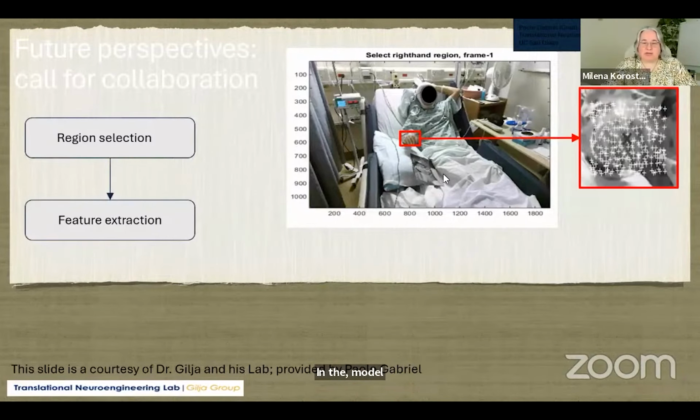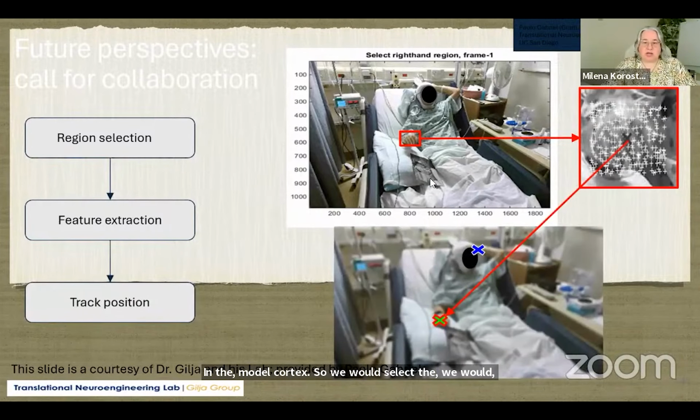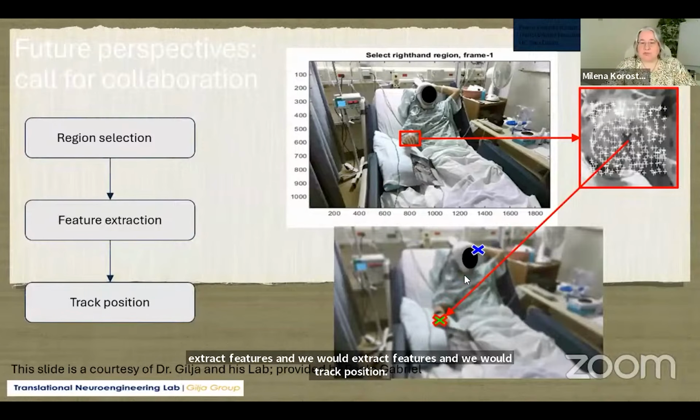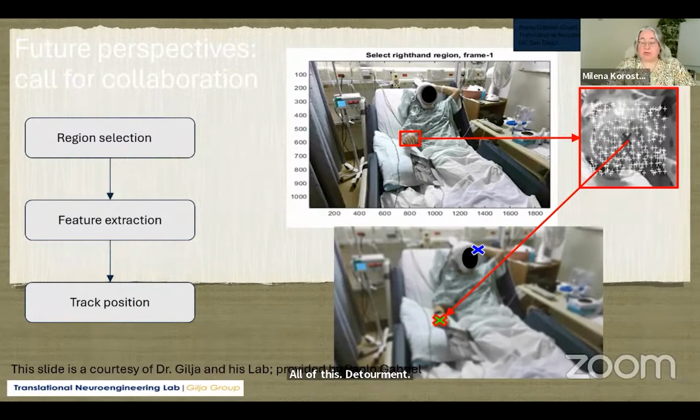So we would select a region, extract features, and track the position of this arm to determine the localization of the motor function. In this case, we can easily perform mapping virtually for any patients with any level of cognitive abilities of development,